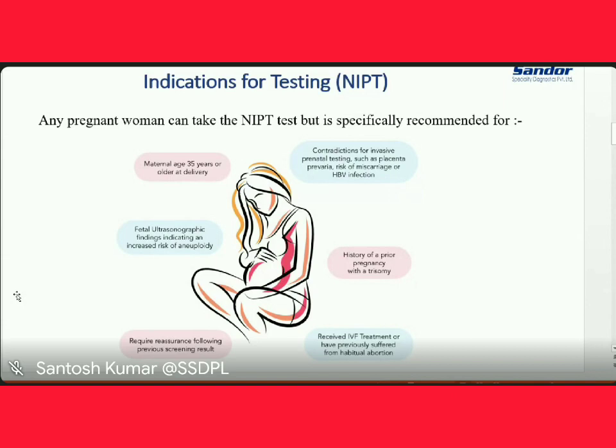What I explained in the previous slide: cfDNA, or cell-free DNA, starts accumulating in the mother's bloodstream from the 10th week. So, we can test pregnant women from